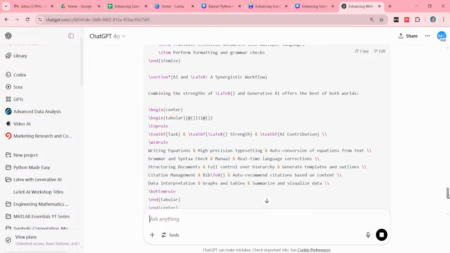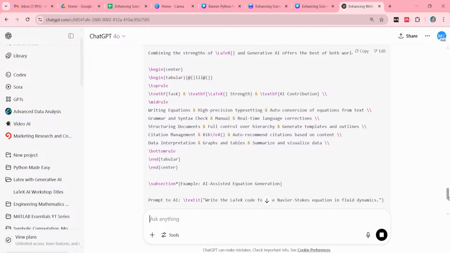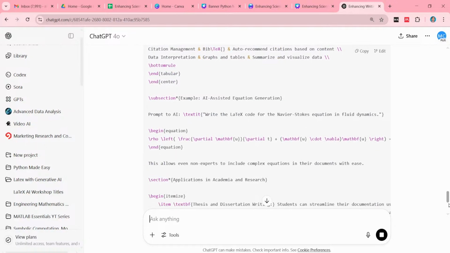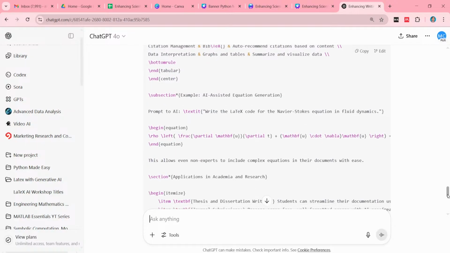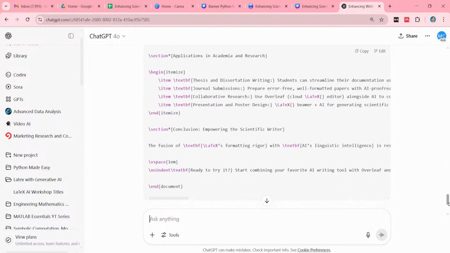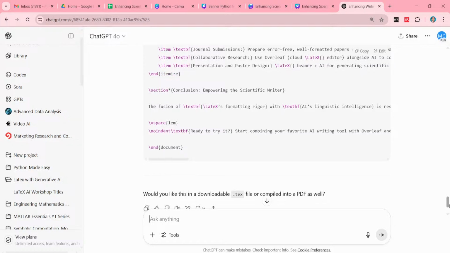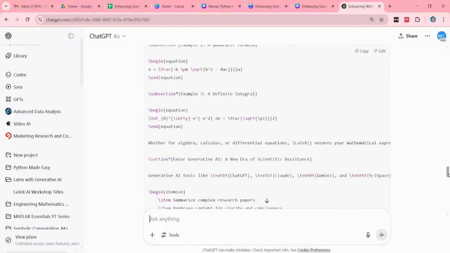So you can see here the document which you will write in LaTeX, and how the commands are. Every part in the beginning you need to understand. Only then will you be able to write your document using LaTeX. So we have the script in LaTeX and we want to use it in our editor.